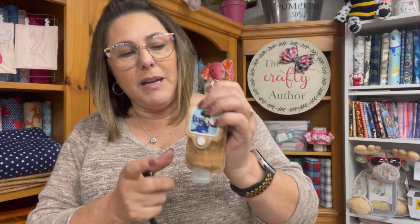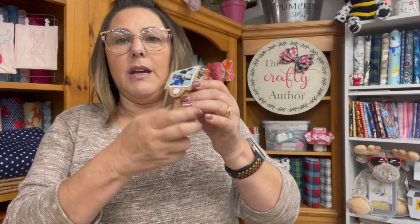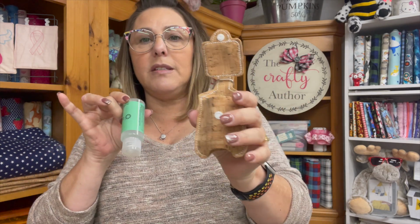And then you will need little snaps. Like I said, I use the Kamsnaps brand, but you can use whatever brand is available to you or whatever you have in your stash. So I'm going to show you here. You pop this open like that. This is how it goes in. So this is a 2-ounce